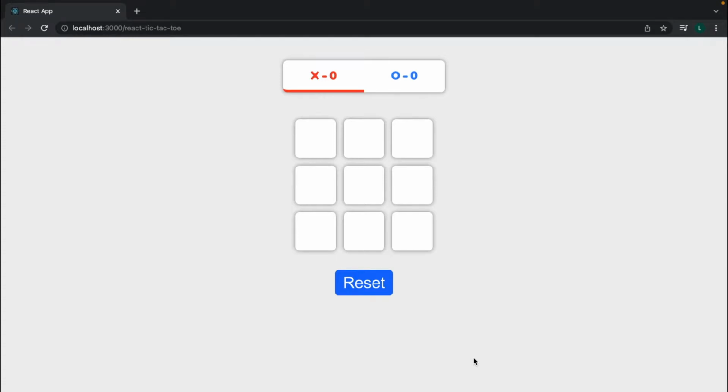Hi everyone, today we'll be learning how to make tic-tac-toe using React. When you play the game, you can see on top that it updates who the current player is, and once one person wins, it updates the score on top as well. And once you're done playing, you can click on reset and it resets the board and you can start